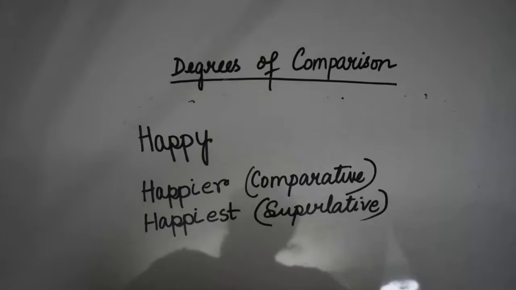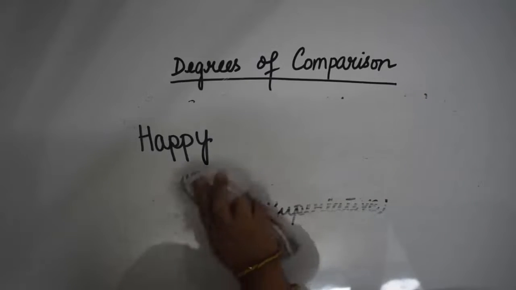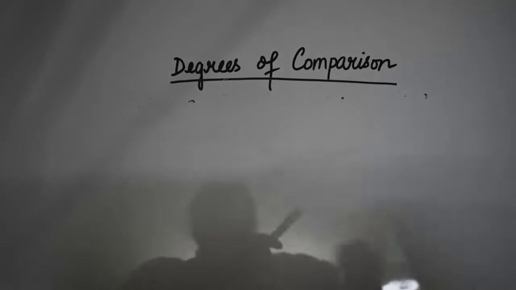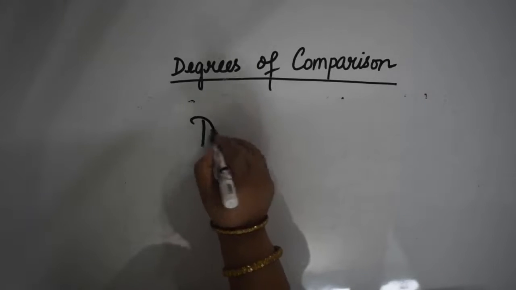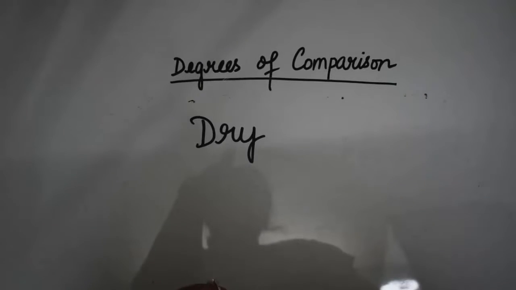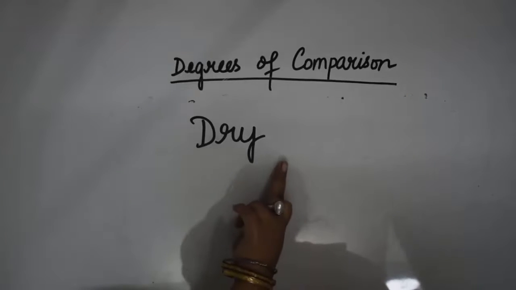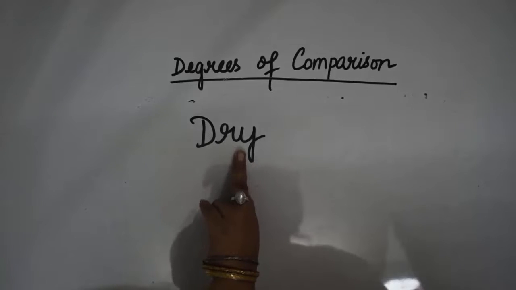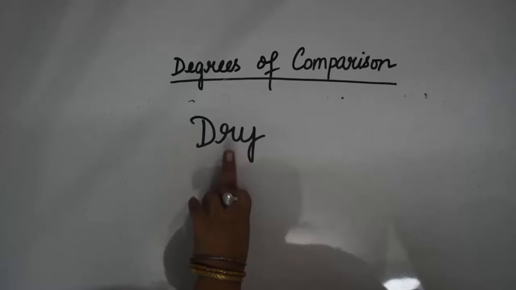Let's take another word and you just try on your own and see if you have understood the rule or not. Let's take the word dry. The first step is you see that the word dry ends in Y. What is your second step? Yes, that's right. You have to see whether the Y is preceded by a consonant. Yes, it is preceded by a consonant. Y has an R before it.